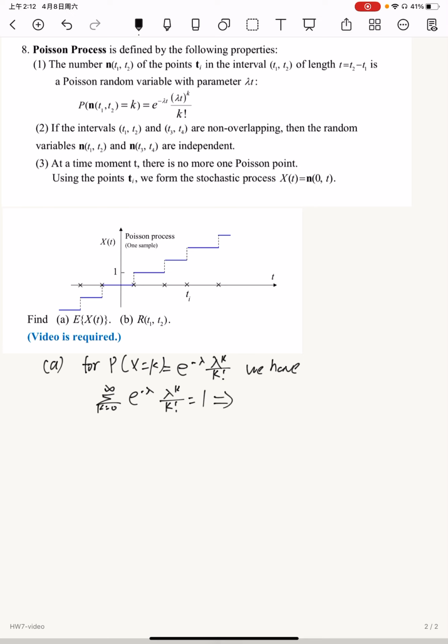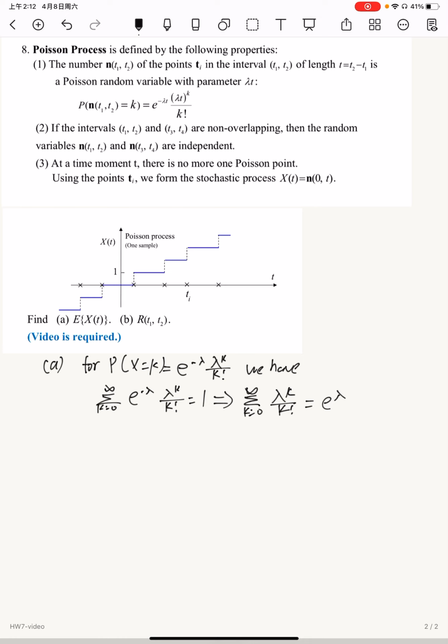We can get the sum from k equals 0 to infinity of lambda to the k over k factorial equals e to the lambda, and we do a differentiation